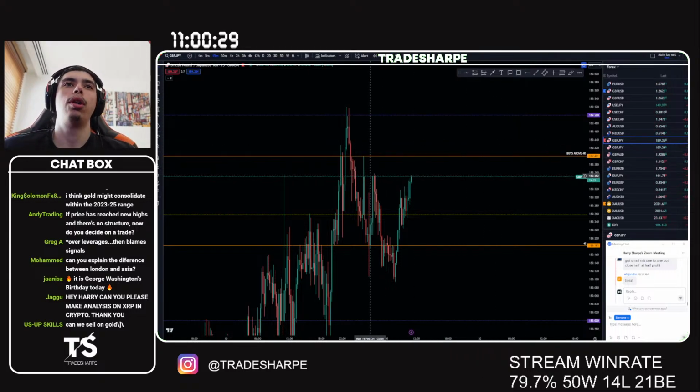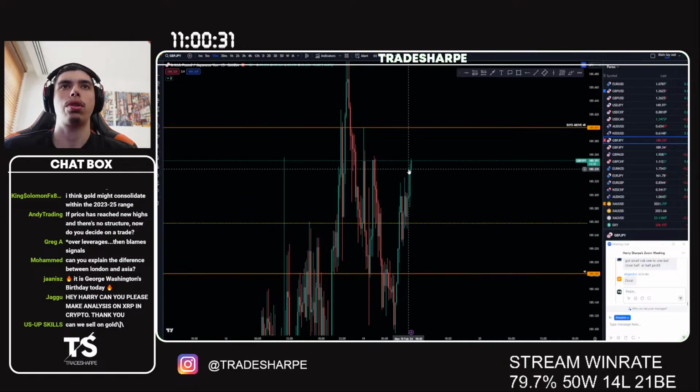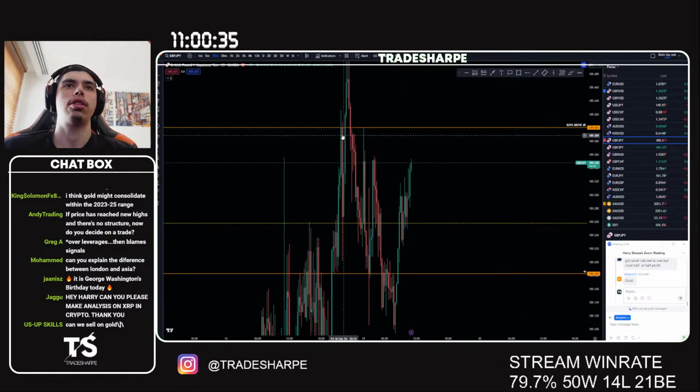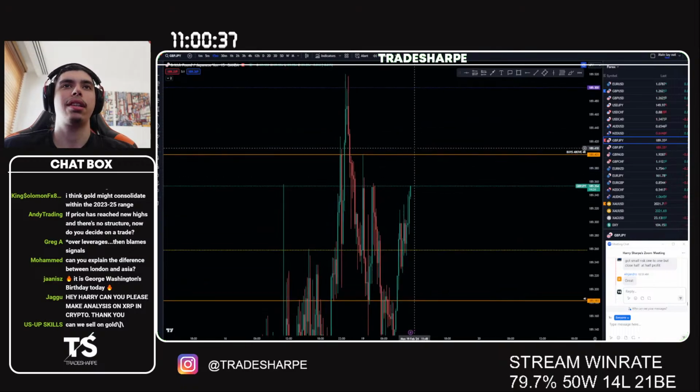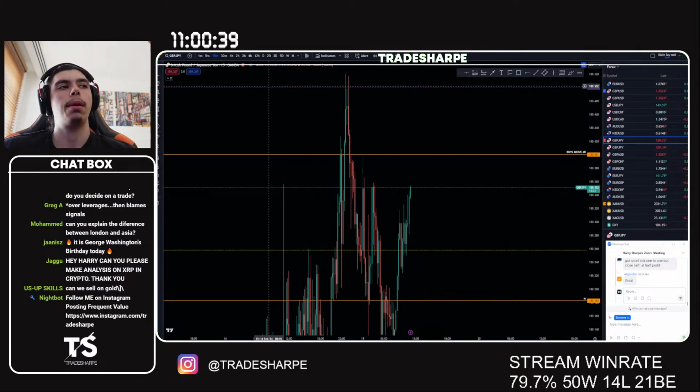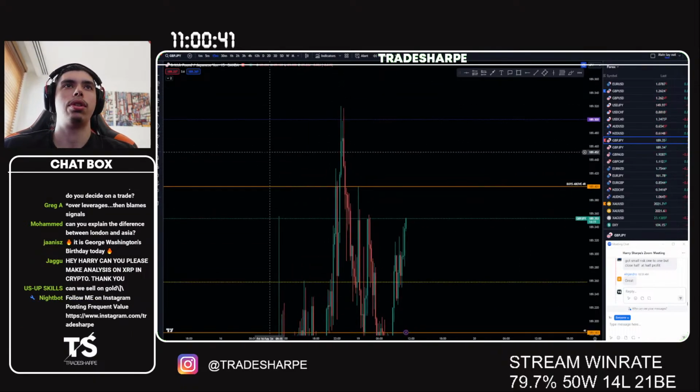Right, this 15-minute candle here closed below this resistance here. If this candle was to close above this resistance, we could try to trade towards the 4-hour resistance, but that's not happening. So I think the best trade here is going to be probably above 4-hour resistance with the original plan here.